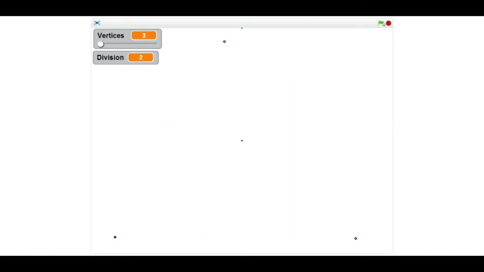So let's just decide that I want my distance to be, I don't know, a half. What that's saying is that you will go 2/3 of the way. If I had the division at 1, the distance divided by 1 would obviously still be just 1, and it would go completely between the points, and there would be nothing in between. 1.5 means it would be divided by 1.5, and I think that would mean it would go 2/3. So just using 3 vertices now, I'm going to put this to faster speeds,